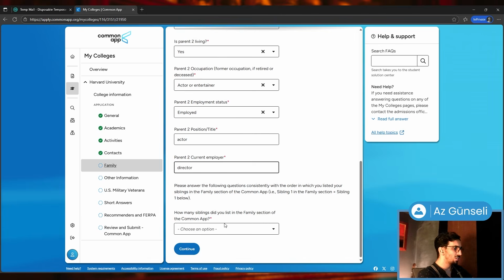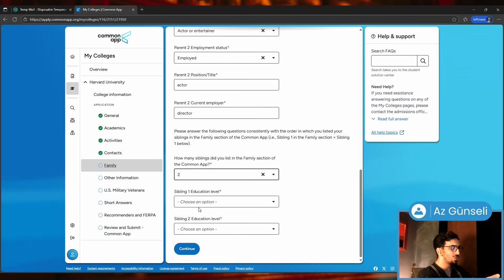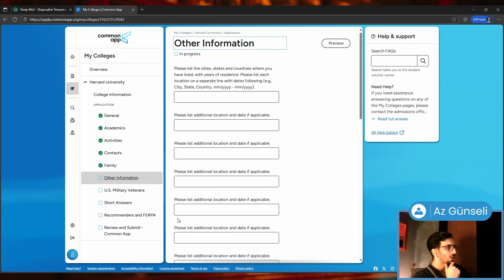How many siblings did you list in the family section of the Common App? If you've chosen more, let's say 2, you can give them the information here. I've chosen 0. Other information. Please list the cities, states, and countries where you have lived with years of residence. Please list each location on a separate line with dates following, etc. This is not mandatory, but for example, I can say the city I was born in, in Turkey, from 2007